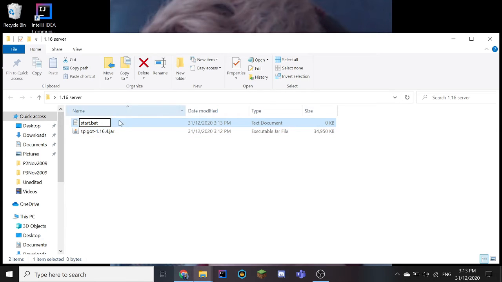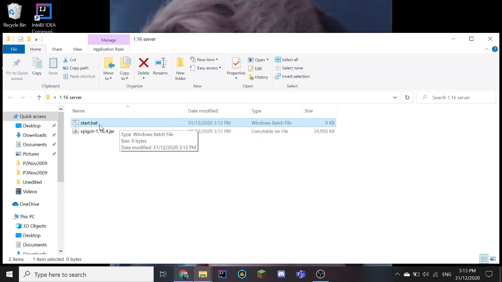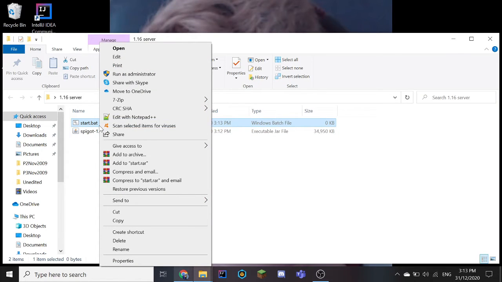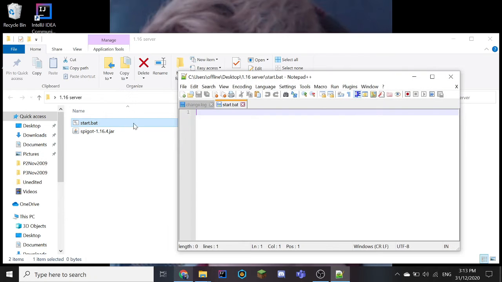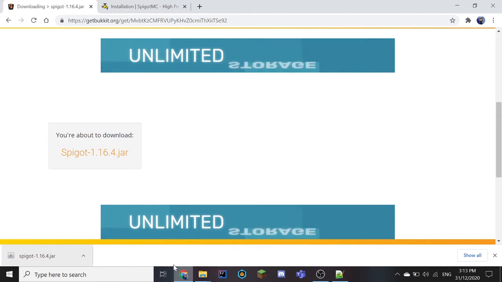So we're going to create a file named start.bat, and remember it has to be a bat file to work. Then we're going to press enter, and then we're going to press yes. Then we're going to right click on it and edit it with Notepad++. I recommend downloading Notepad++ so that it's easier to modify files. So once we are inside this start.bat, we can go ahead and go into our Google Chrome again and go